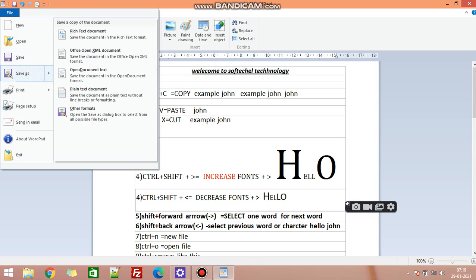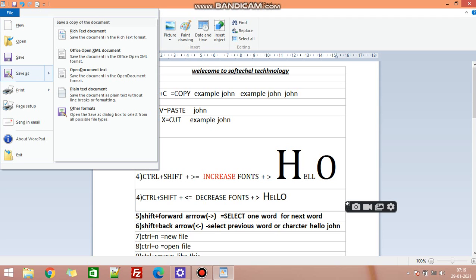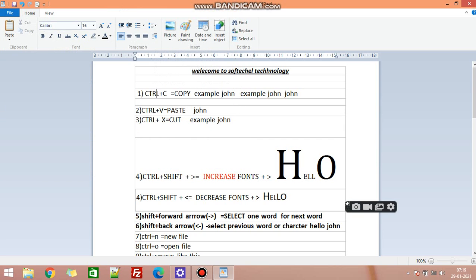save file simply. Save as means Alt F A. Why we are putting Alt here? What is the funda? Press Alt, then it will show F. If you press Alt, it will come here. Press Alt F, and then we have to press the save as command. So all these things we are going to tell you in this file.